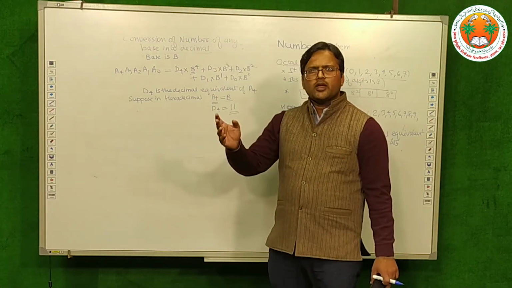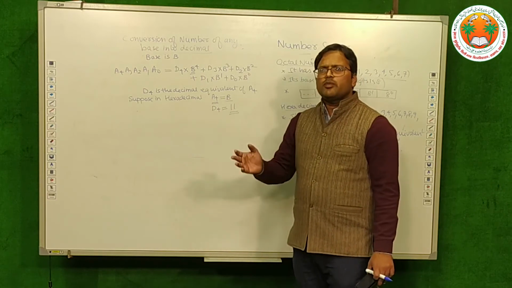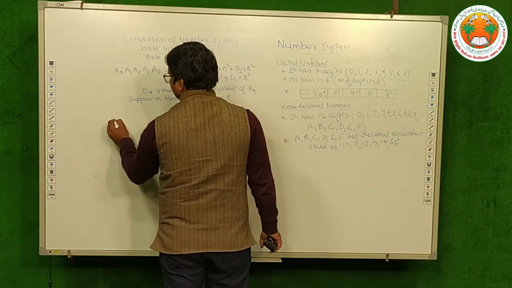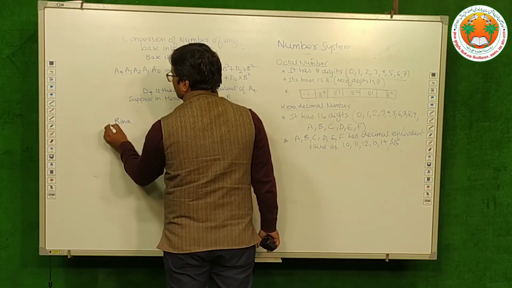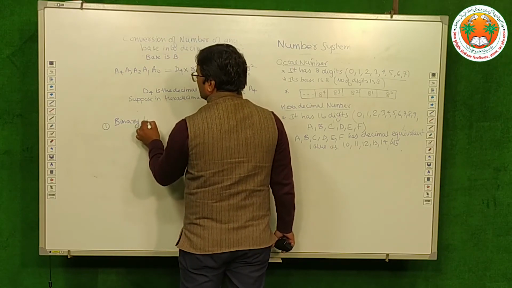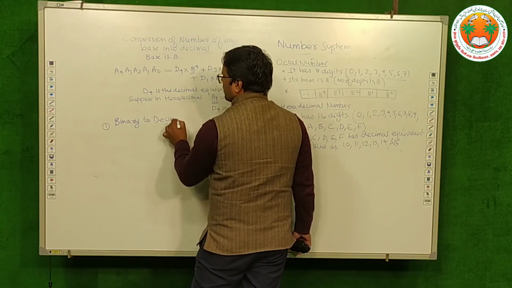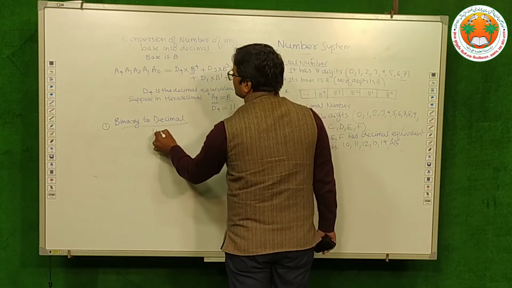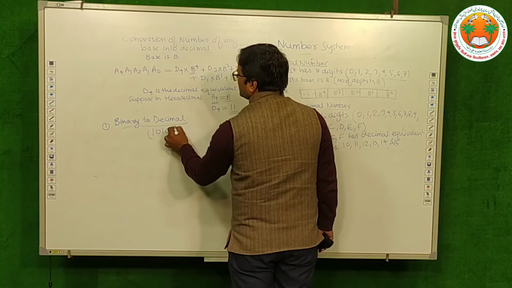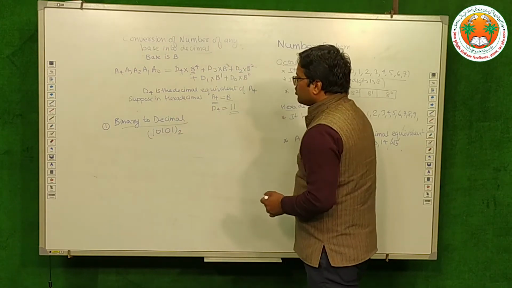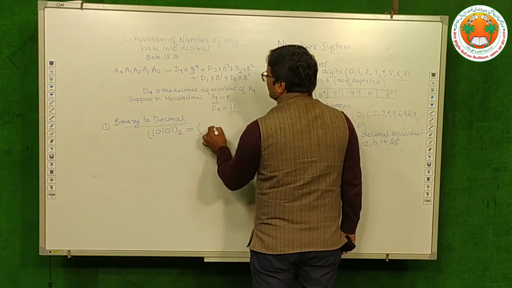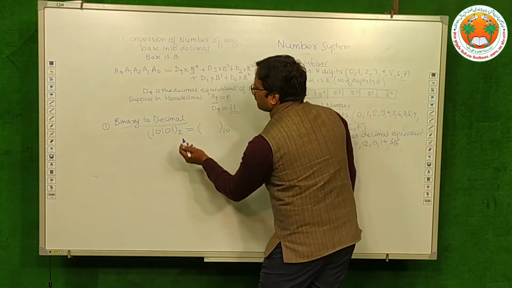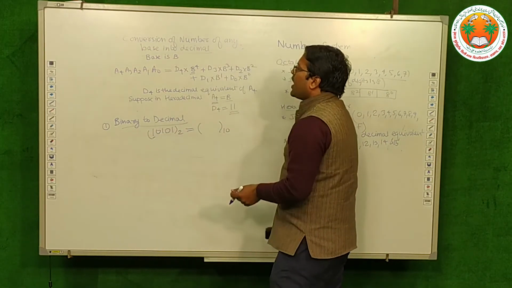Now we are going to take individual examples, and in this particular one we will convert a binary number into decimal. So binary to decimal, example number 1. To convert a binary number, suppose we have a binary number 10101. It is in binary, it has a base 2. So to convert this number into a decimal number, we will follow the same process. We will choose the digit and we will multiply it by its base.